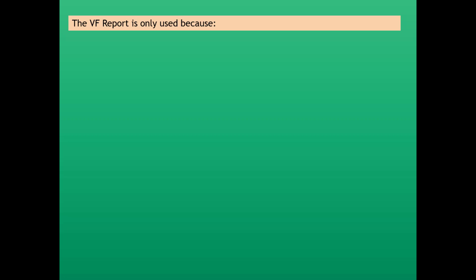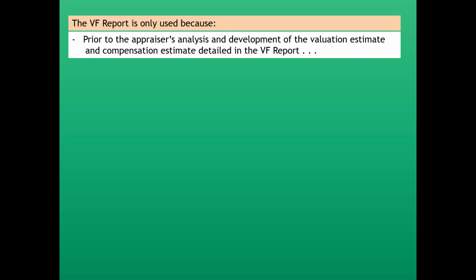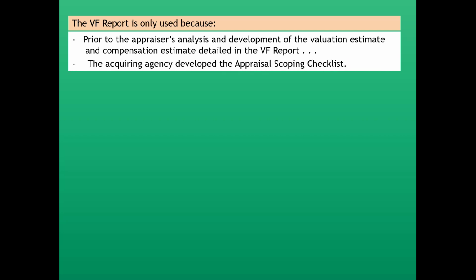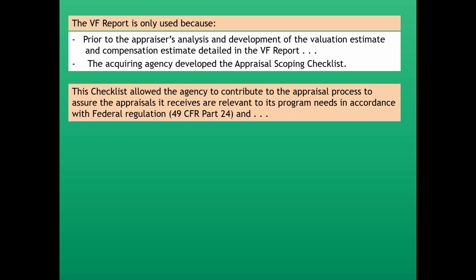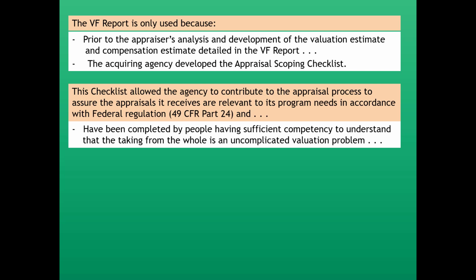The value finding report is only used because, prior to the appraiser's analysis and development of the valuation estimate and the compensation estimate that are detailed in the value finding report, the acquiring agency has developed the appraisal scoping checklist. This checklist allows the agency to contribute to the appraisal process to assure the appraisals it receives are relevant to its program needs in accordance with federal regulation, which is 49 CFR Part 24, and have been completed by people